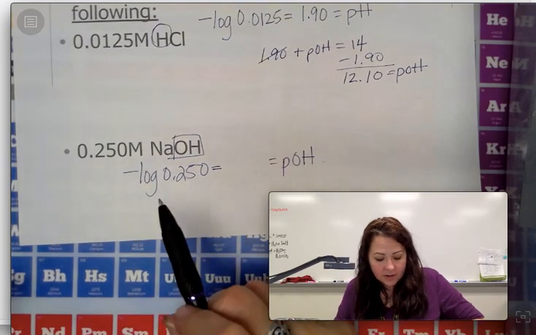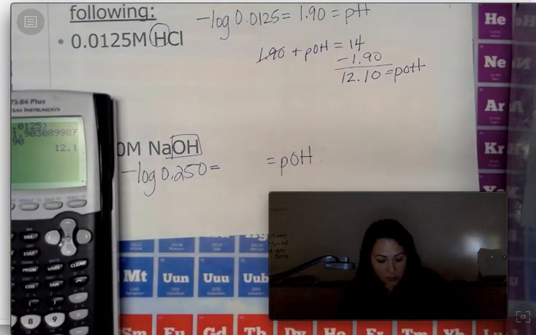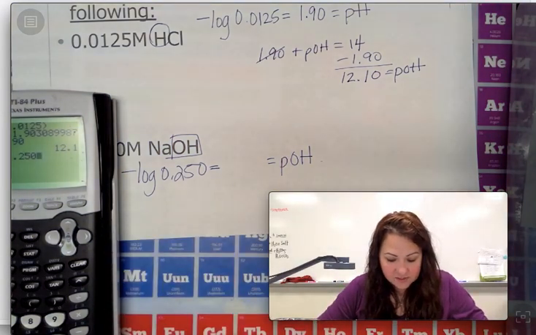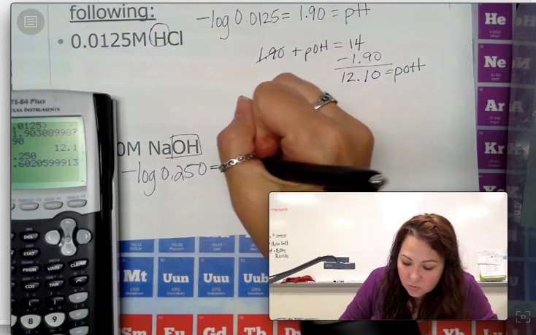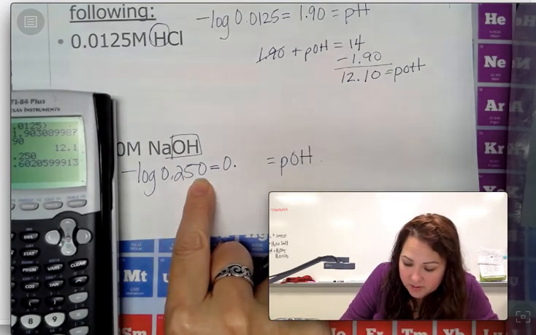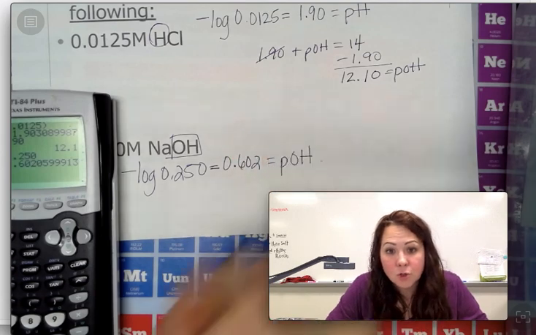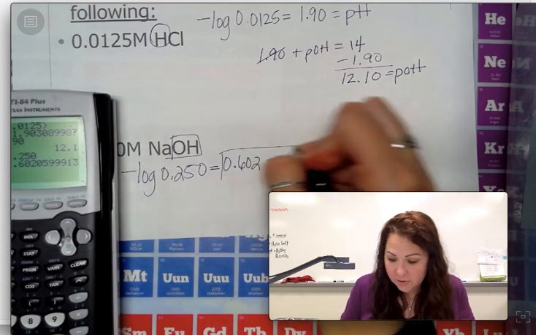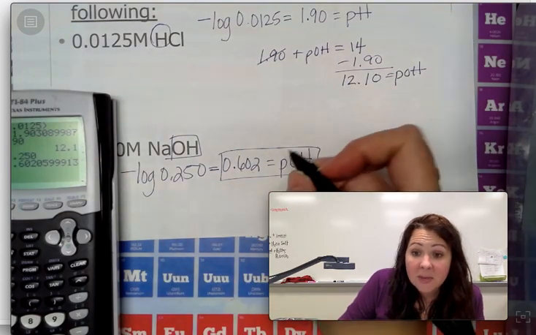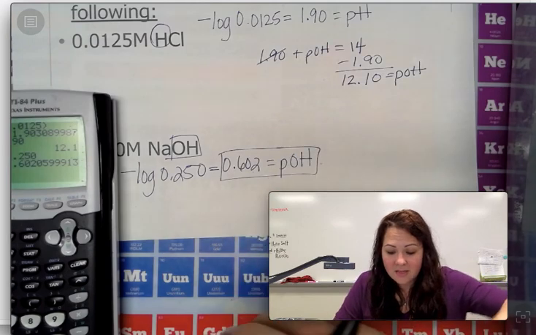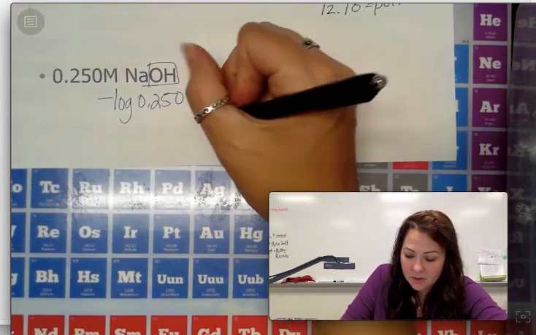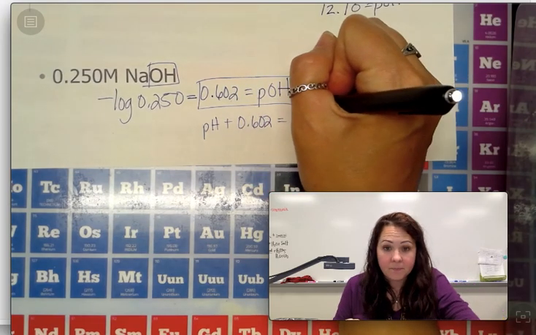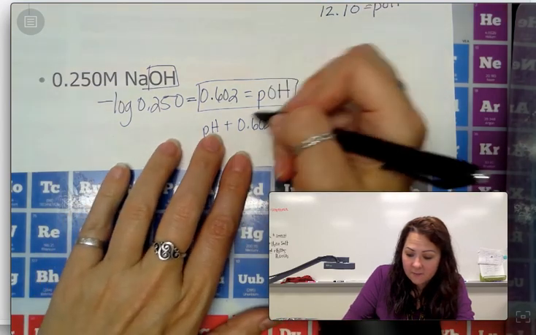So again, we're going to take our calculator, negative log of 0.250. When we get the negative log of 0.250, this has 3 sig figs, so my answer is going to have 3 sig figs, 0.602. That's going to give me the pOH, so that's the first answer. Now it's also asking for the pH, so in order to get that, I'm going to take my pH plus my pOH, that's equal to 14. When I subtract this off of both sides,